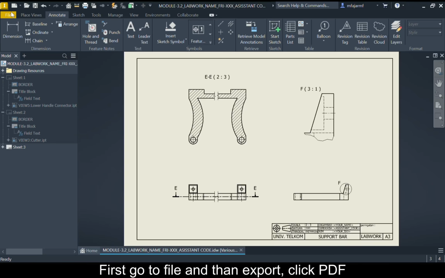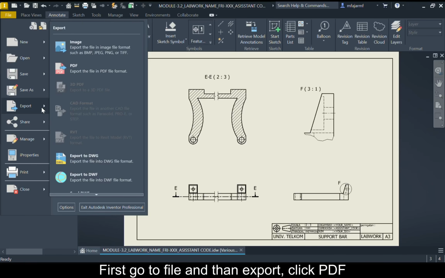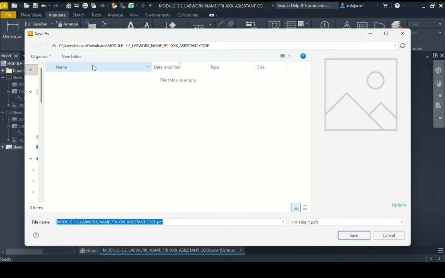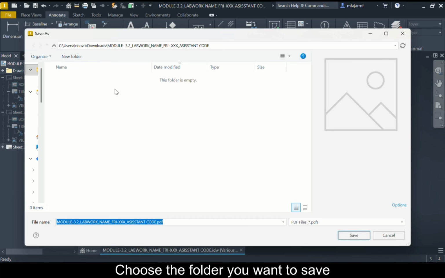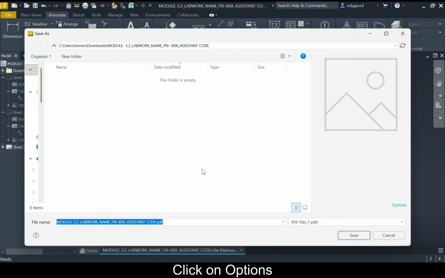First, go to File, and then Export, and click PDF. After that, choose the folder you want to save, and don't forget to rename your file with your identity. And click on Option.